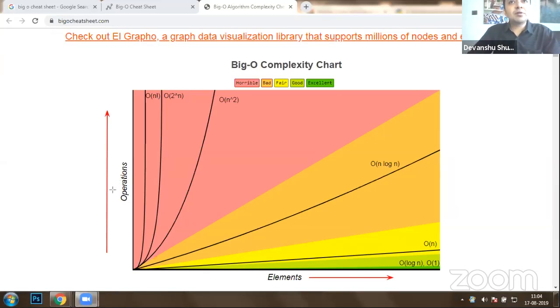So when you perform an operation on n number of elements of a data structure, and if you are able to write an algorithm which can perform that operation in big O of 1 time complexity, it will be considered as an excellent time complexity. Okay. Consider big O of log n. This is also considered as a good time complexity. Okay. So you should always seek